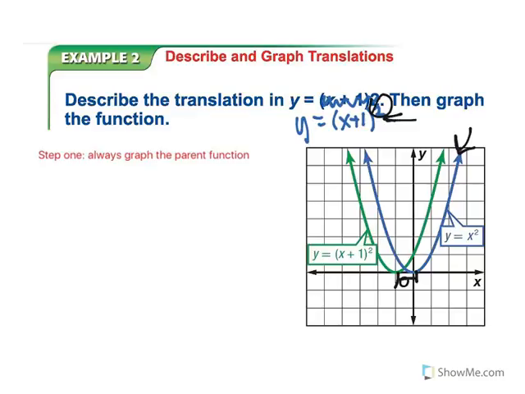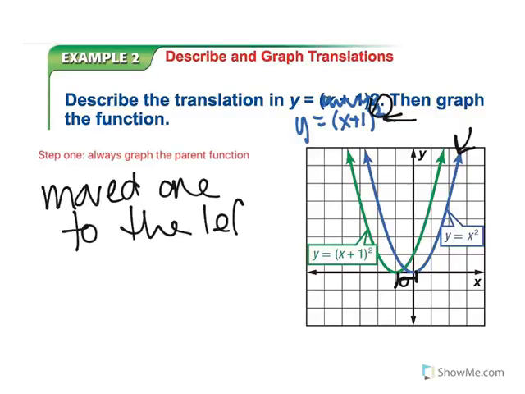That's all you have to do, is describe what happened to your parent function, what did it do. And in this case, it moved 1 to the left. And what's interesting is that we can see what happened to our equation here. We have x plus 1. I think of the parentheses when you have the x values